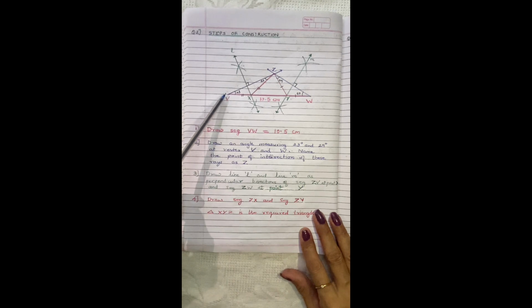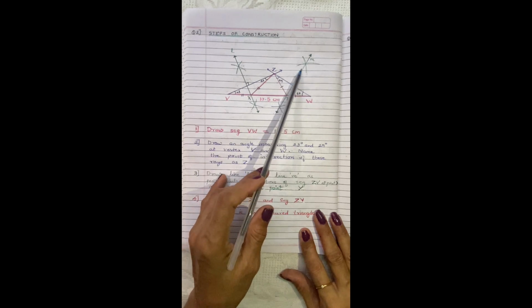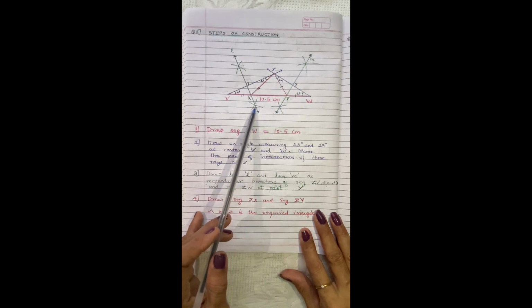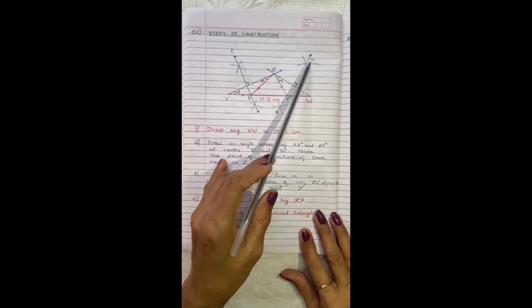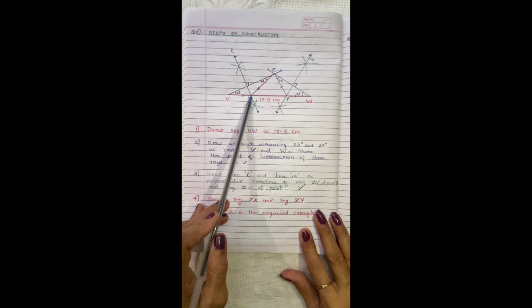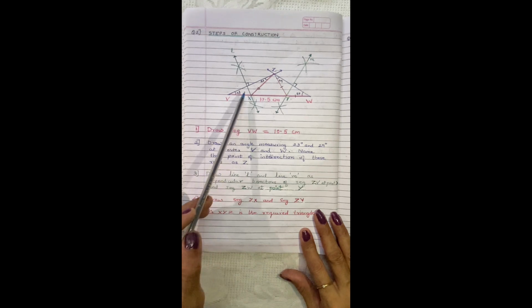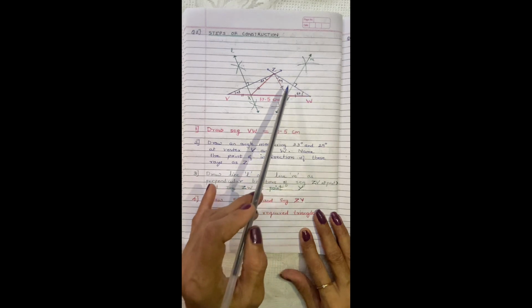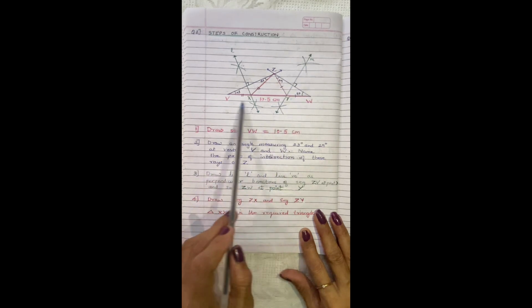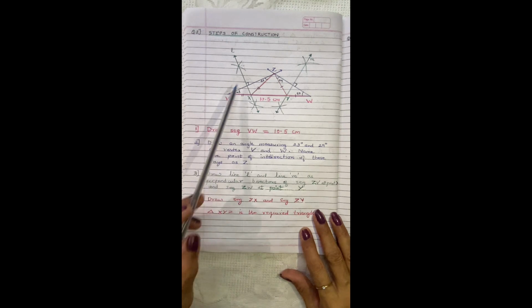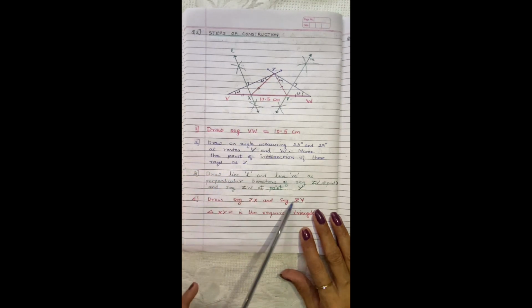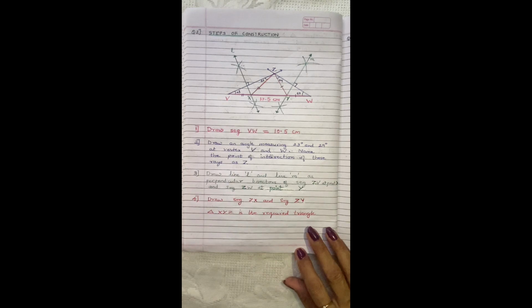We know how to draw it: taking more than half of this line and drawing arcs above the line and below the line here. In the same way, taking more than half of the line, drawing above and below the line, getting arcs and then joining them. We meet the point, we'll name this point X on line VW and this point Y on line VW again, and draw segments ZX and ZY. So XYZ is the required triangle.